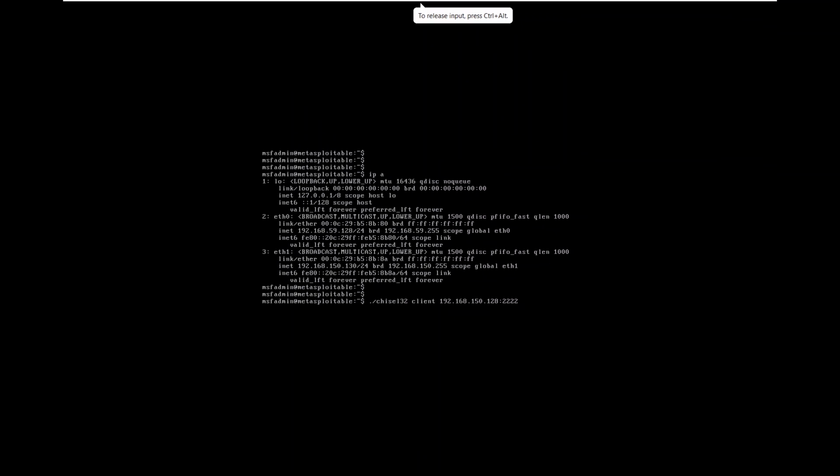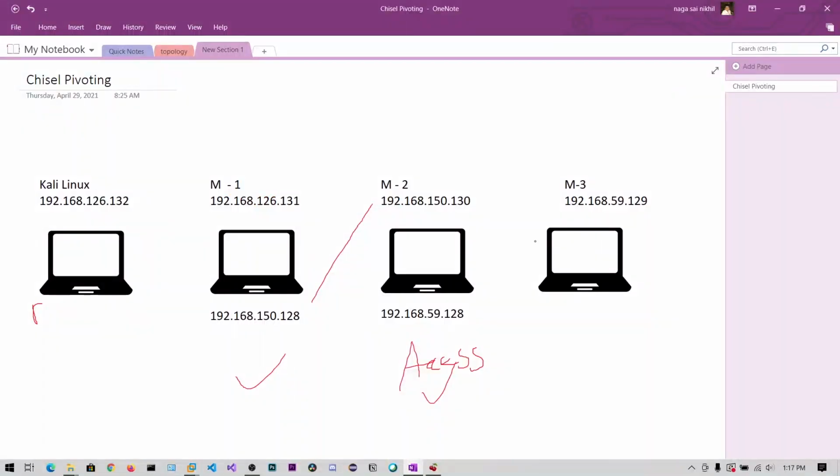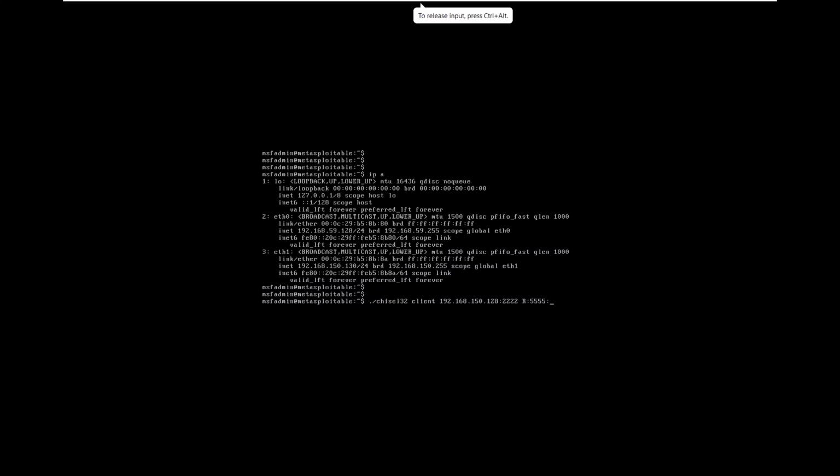So after connecting, what you need to do is say R colon, which port? Let's choose 5555 port colon. So where you need to forward this whole traffic coming from 5555? To this machine, 59.129, colon, which port?